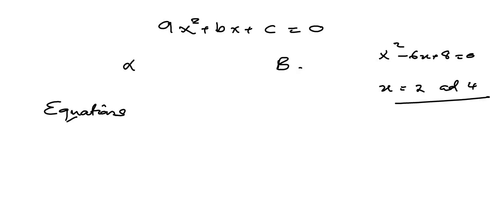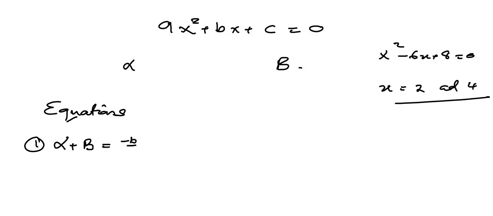Now, imagine you didn't know that the answers are 2 and 4, because this is your alpha or this is your beta. The naming really does not matter. You can call this your alpha, you can call this your beta. The order is not important. All we are saying is that the alpha and beta are supposed to be the solutions, the roots of the quadratic function given. So the first equation is that if you were to add alpha and beta, you should always